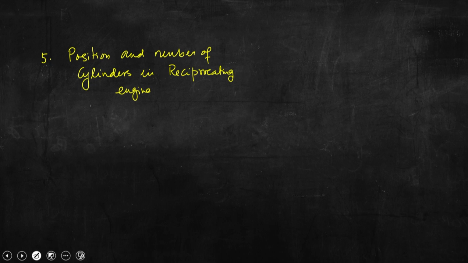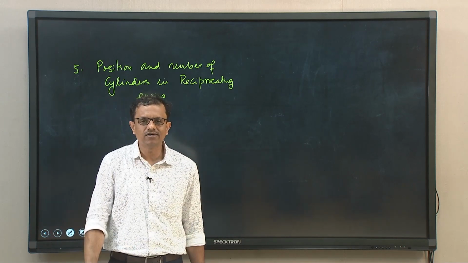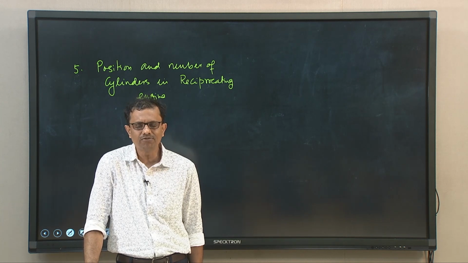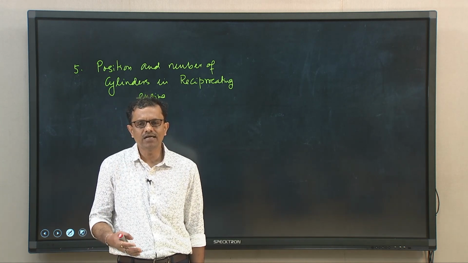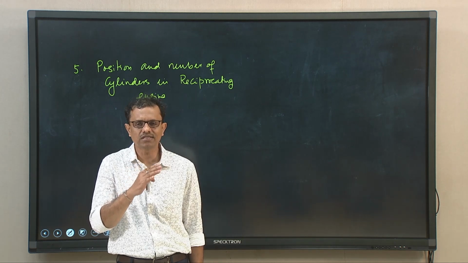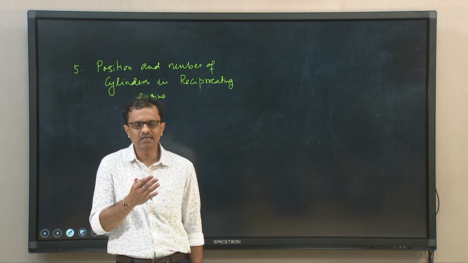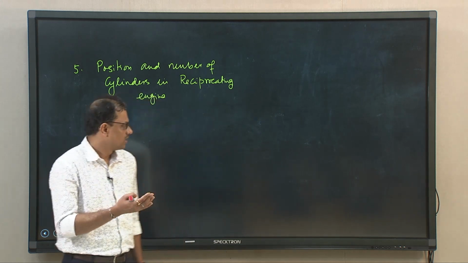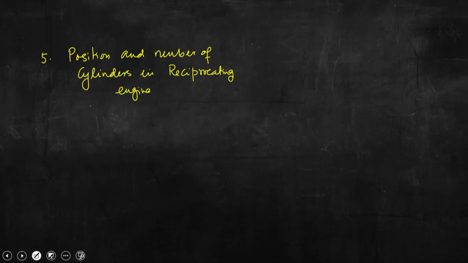So, knowing that engines can be classified into two categories based on their basic design, reciprocating type and rotary type, and in reciprocating type the piston reciprocates between bottom dead center and top dead center, or outer dead center or inner dead center. Again the reciprocating engine can be further classified depending on the position and number of cylinders. So, if we look at this particular type,